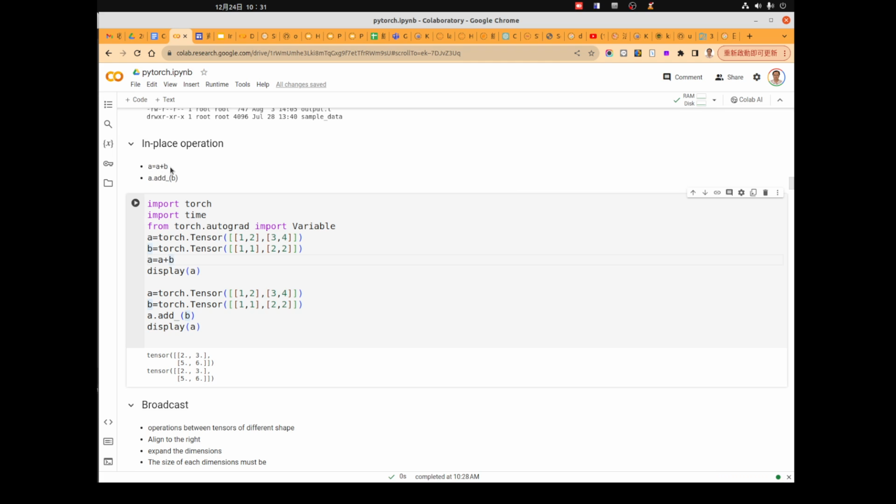So this wastes time creating a new tensor and using the new tensor to override the existing tensor, because when we override a, we need to free the memory allocated to the old a. But actually, we can do the in-place operation by using a program like this. The effect will be exactly the same as the previous one, but you won't do any memory copy. You will add the value b into the array directly, so you won't create a new array to hold the updated version of a.